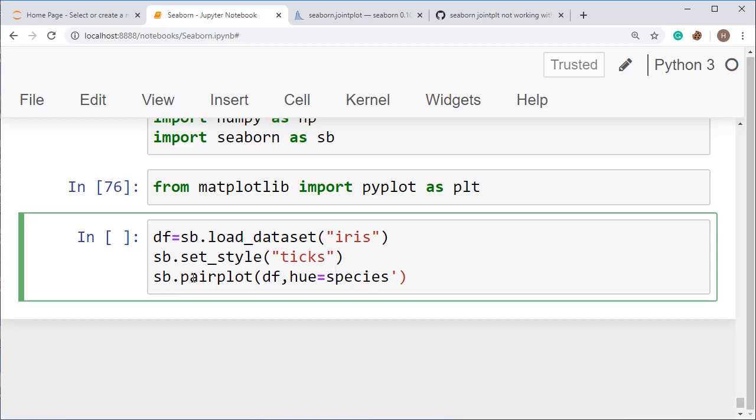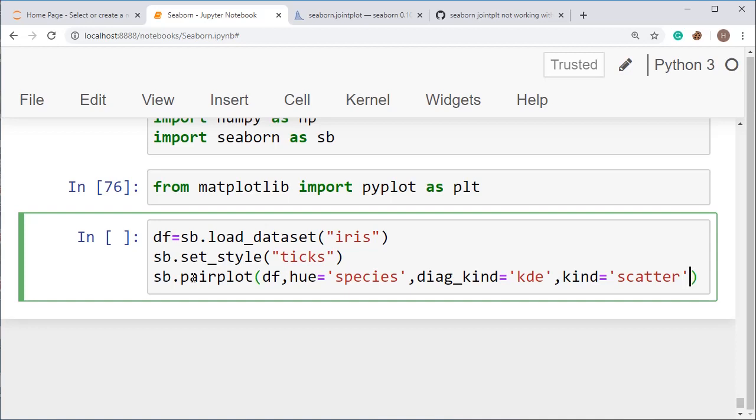So species as hue, and another parameter diag_kind, set first to KDE, not histogram, and now set the kind as scatter. This will plot a scatter plot graph.